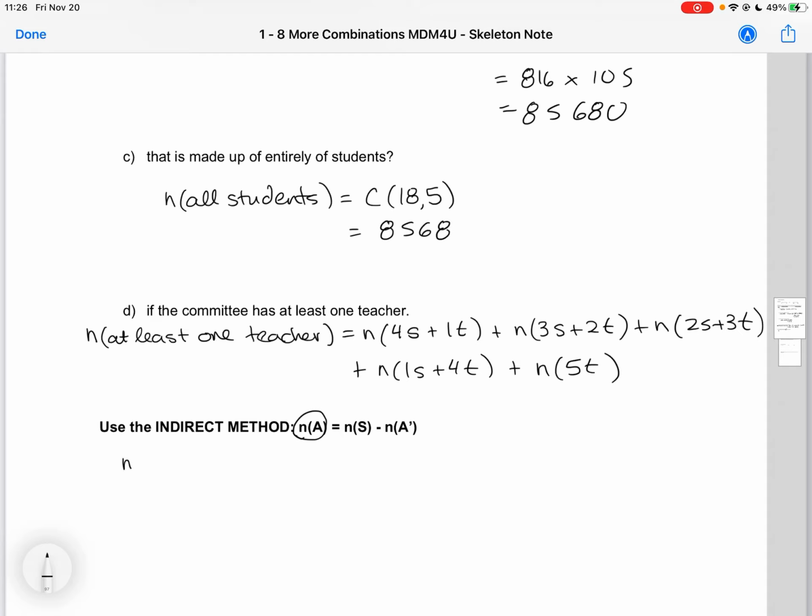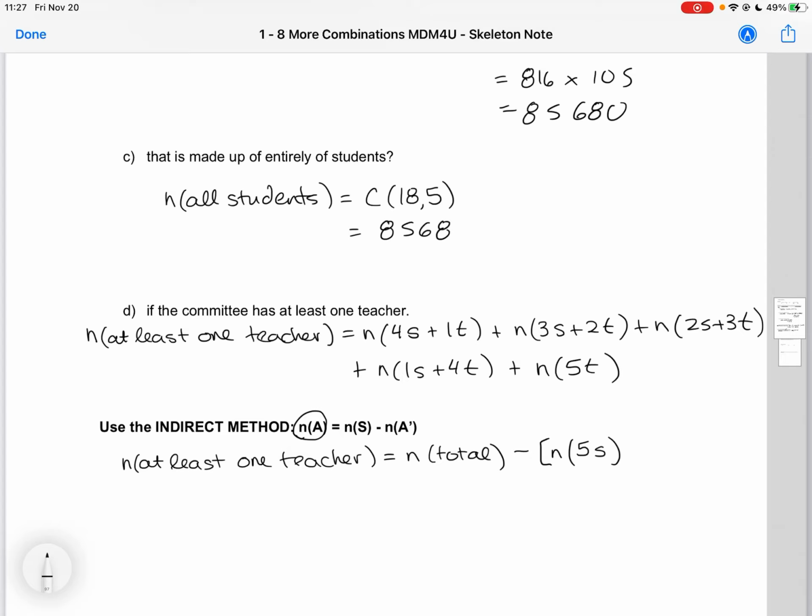So our n(A), this is what we're looking for, at least 1 teacher, is going to be equal to our total possible combinations, which we had in group 1, and we are going to take away the complement, so all the groups that don't have at least 1 teacher. So this would be our group where we have all students, which we've actually already calculated,